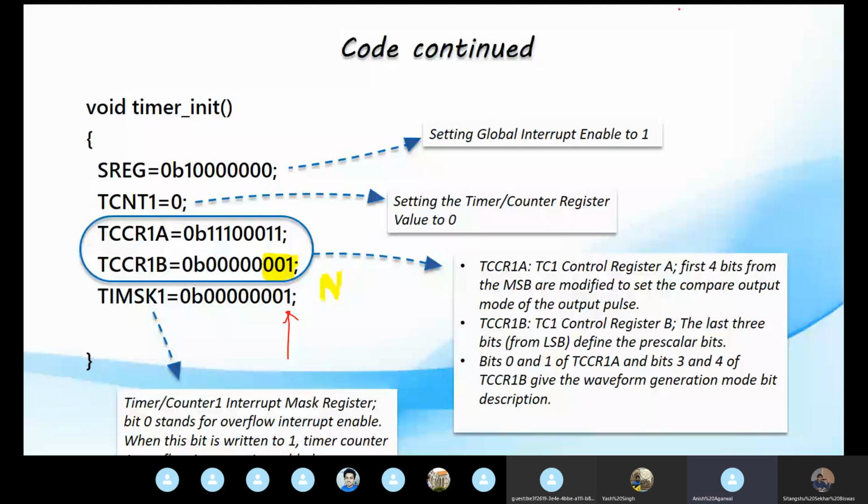If you remember, in the last video we talked about ADC enable, and ADIE, ADC interrupt enable. Here similarly, for the counter interrupt to be enabled, we need to set the 0th bit, the overflow interrupt enable for the timer counter, to 1. We also need the SREG to be set to 1 so that this interrupt can work. We have already set SREG to 1, so it won't be a problem anymore.